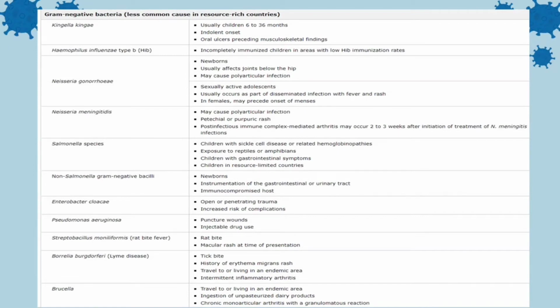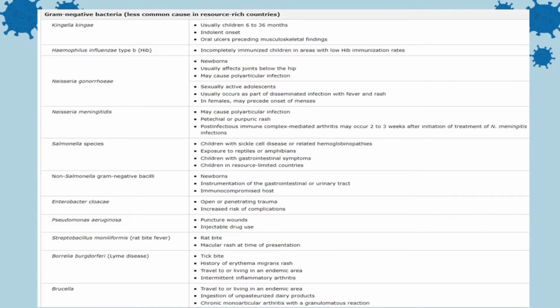Petechial symptoms include petechial or purpuric rash. Post-infectious immune complex mediated arthritis may occur 2 to 3 weeks after infection. Salmonella species: children with sickle cell disease or related hemoglobinopathies, exposure to reptiles or amphibians, children with GI symptoms, children in resource-limited countries. Non-salmonella gram-negative bacilli affect newborns, and people with instrumentation of the GI or urinary tract, people